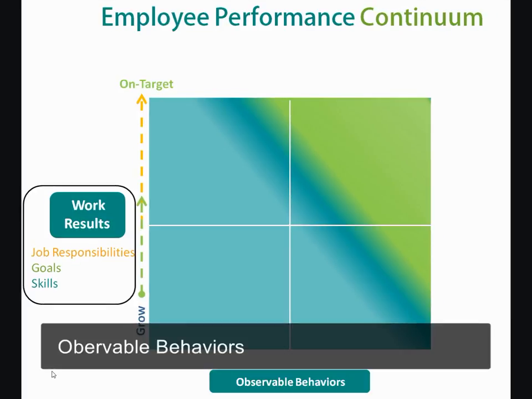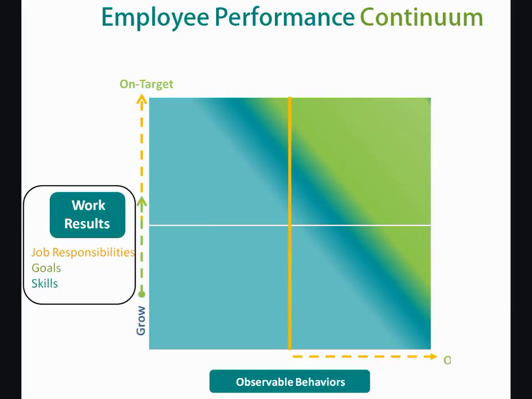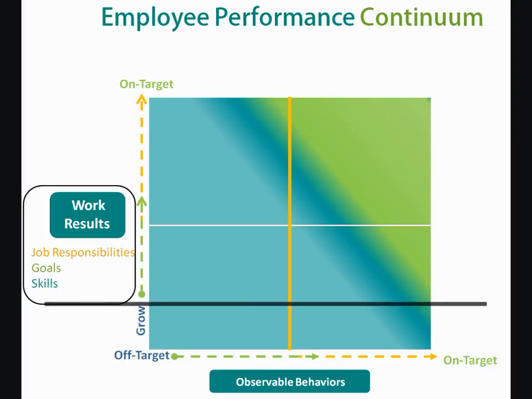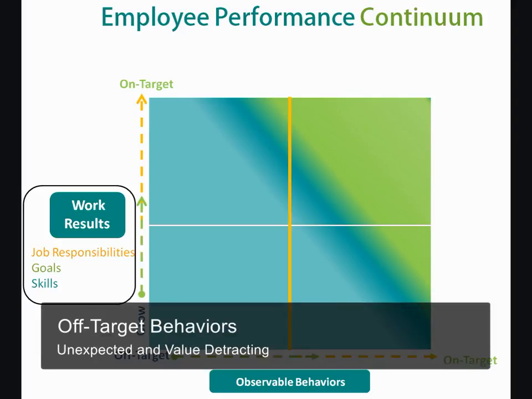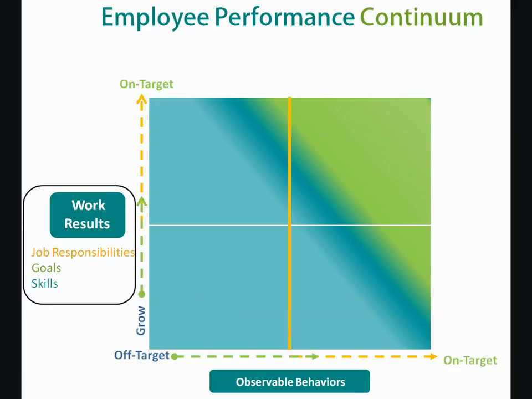The other dimension of performance are observable behaviors. Right of center behaviors would be on-target behaviors, and left of center we would say are off-target behaviors. So on-target behaviors would be somebody who's exhibiting behaviors that are aligned with organizational values. They're known for being approachable, supportive of others, collaborating effectively at all levels. And left of center behaviors would be unexpected behaviors that detract from the employee's overall value. These could be behaviors that lead to disruption, deplete the time and energy of others, undermine team effectiveness, and slow